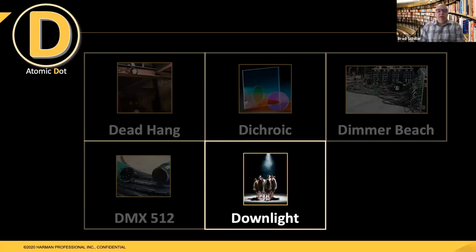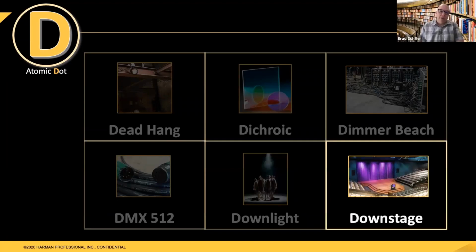Downlight is a great look. Downlight is a look when you have a light focused straight up or straight above the performers and you point it straight down at them. And downlight is a fascinating look. It really changes the face and the shadows on a performer or on an object, and it can be a very dramatic look. And it's used quite often by a lot of lighting designers to give those moments. You'll see it in dance and theater in particular, sometimes also in concerts, but more often in theater and dance.